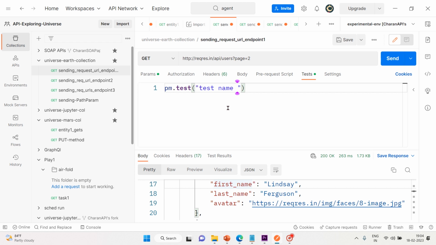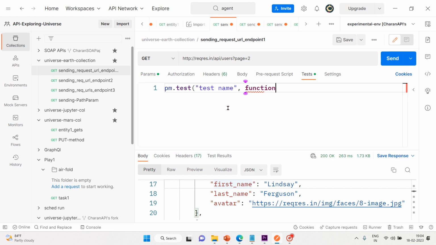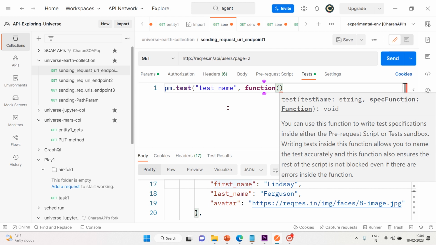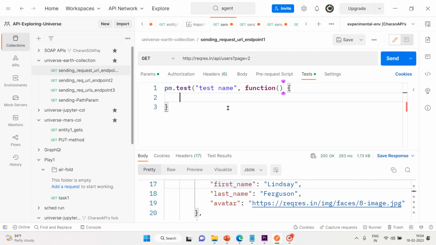Let me attach that function. Yeah, we got it. And open and close parentheses. Now I have to open my curly braces, and inside that I have to